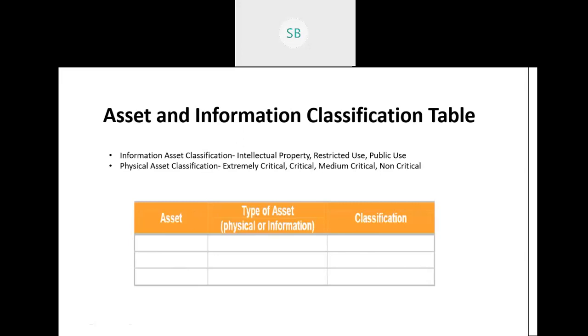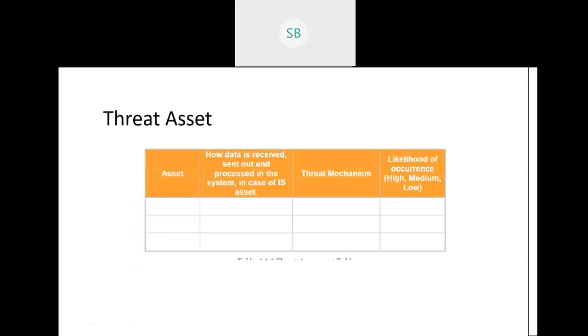Okay, we are in step 4. We are evaluating the risk. Next is the threat asset table. Threat, we are already aware. Threat means this table is used to find what kind of threat will be there. For an information asset, we need to find how the information is received by the system. These things we need to analyze: how the information, the project you got, how you received it, from whom, through proper research or transmitted out of the system, then how it is stored and processed, all these things.